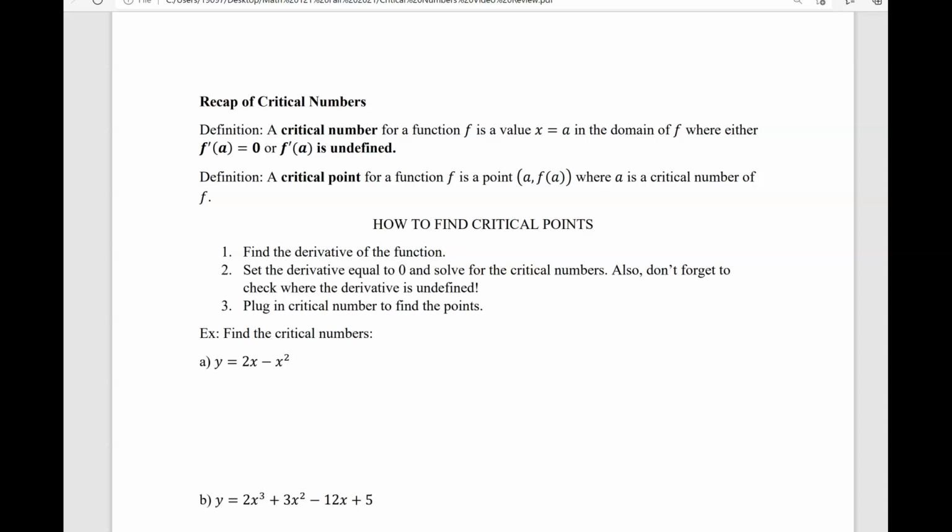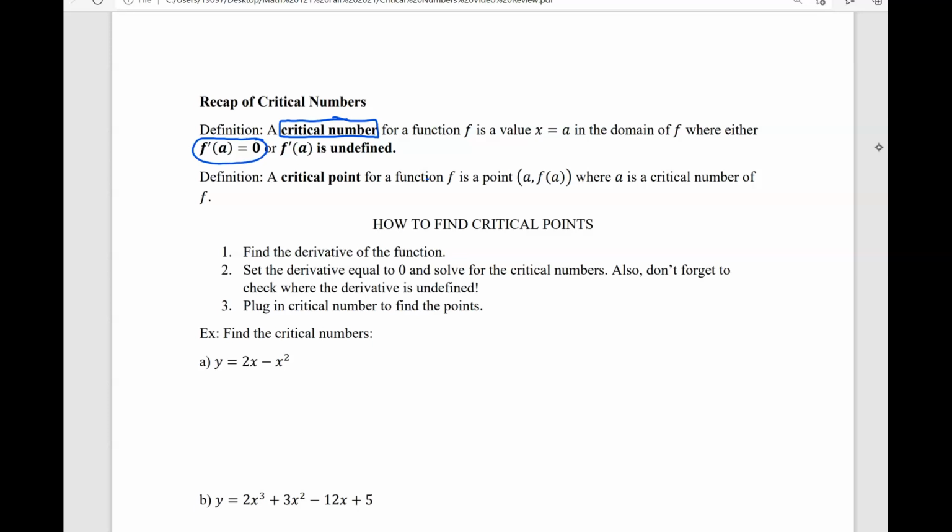So let's go ahead and do a little recap on critical numbers. Recall that a critical number for a function f is a value x equals a in the domain of f where either f prime of a is equal to 0 or f prime of a is undefined. So remember that in order for me to find critical numbers, I need to figure out